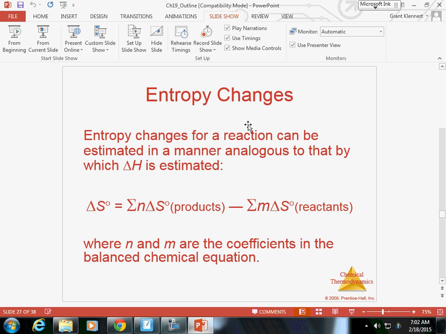Last thing we want to focus on is that entropy increases with higher molecular weight and larger molecules. If we want to figure out the total entropy change in a system, the change in S is equal to the number of moles of product times its entropy minus the number of moles of reactants times its entropy. And we'll do a couple of practice equations in class where we're talking about the change in entropy in a system. But that concludes section 19.1, entropy.